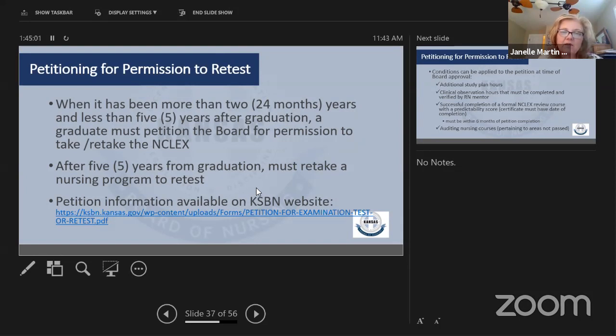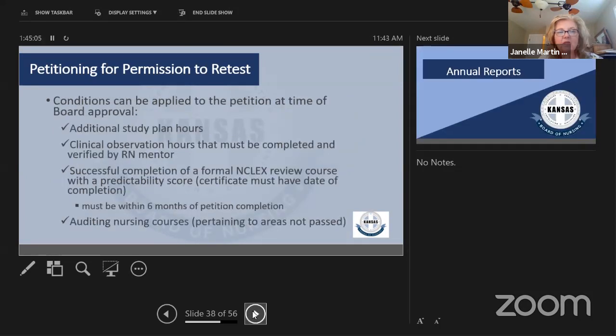So the only other thing I would say about petitioning is that when someone does petition, depending on how far out they are from their graduation, when they get to the 3 to 4 year mark, one of the conditions the board will put on their petition is that they have to audit a nursing course pertaining to areas that they have not passed.